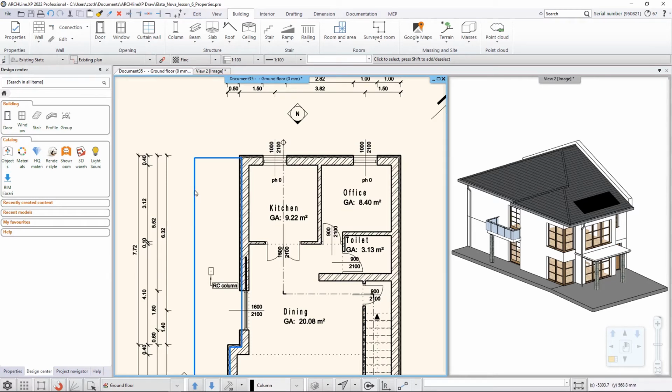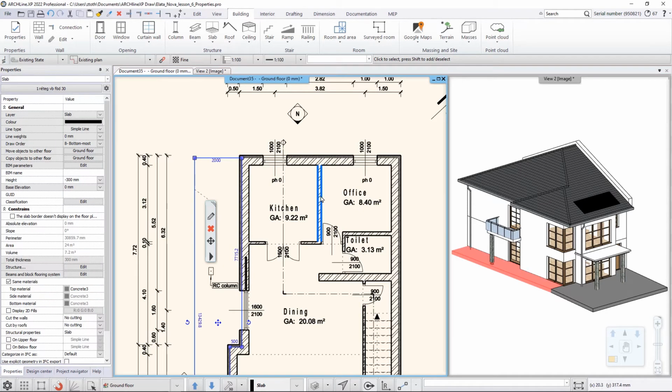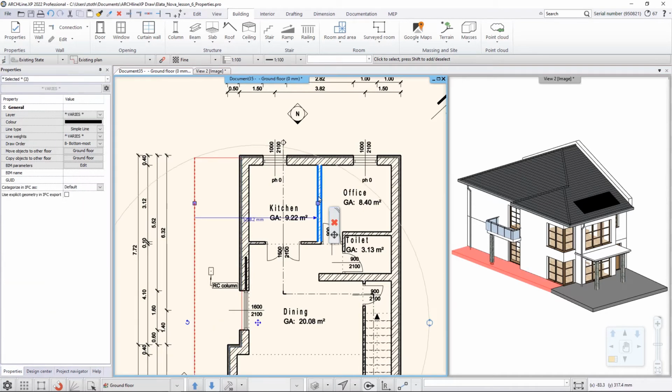Let me just select this slab here and let me add this partition wall into the selection. In this case, I can see only a very short list of common properties because there is not so much in common between those 2 types of items, but I can change whether they are falling onto the same layer, they are having similar colors, line types, and so on, and I can also move or copy them between different